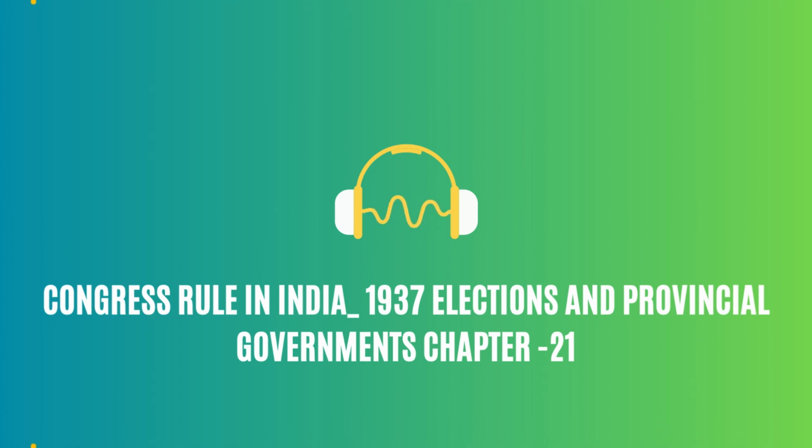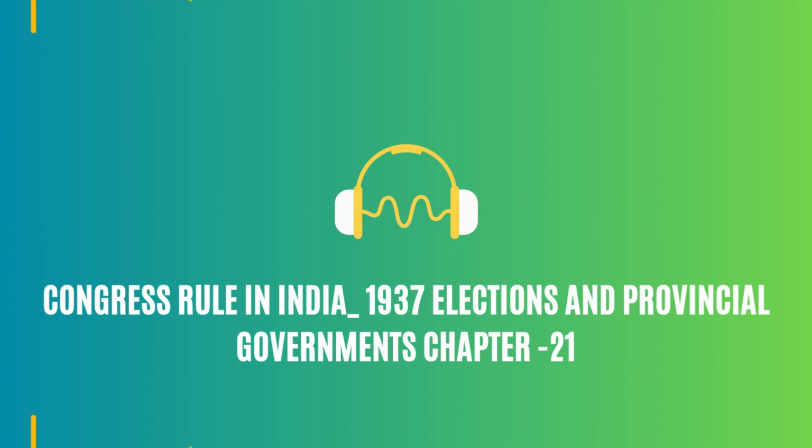So the Congress takes the plunge. They do. They form governments in several provinces. Do they get things done? Well, this period of Congress rule in the provinces is a fascinating chapter. It's a story of achievements and limitations, navigating the complexities of power within a system they aim to overthrow. Give us the highlights. Okay, so